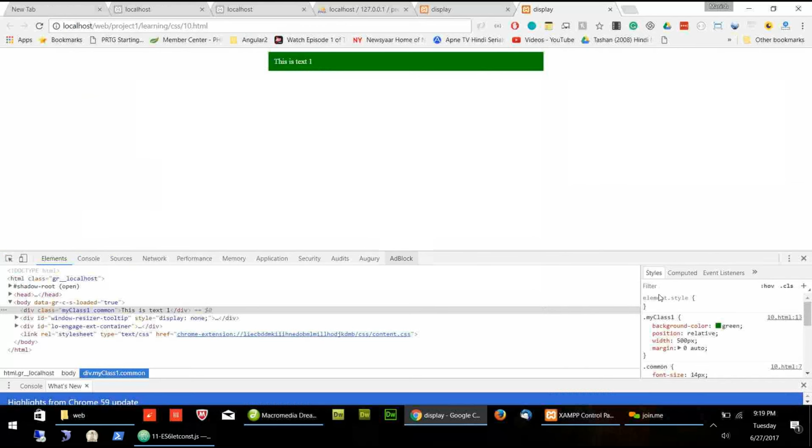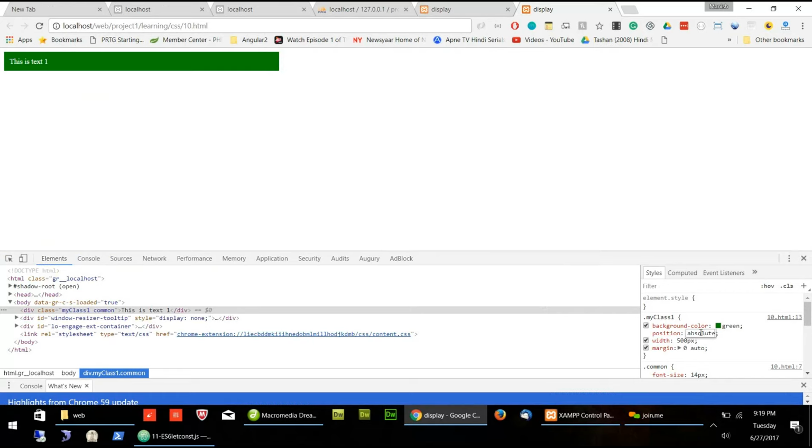If I change the position to absolute, you will see that even if margin is 0 auto, it is not center aligned, because this margin auto will work only if position is static or position is relative. With absolute position, this will not work. So how to make the center align for the position absolute? We have to say left